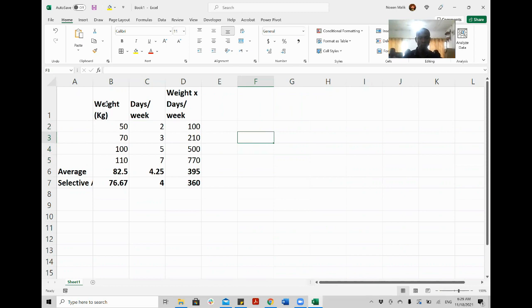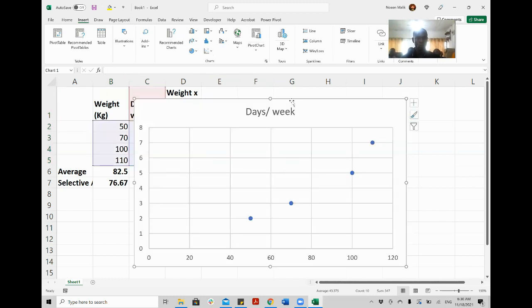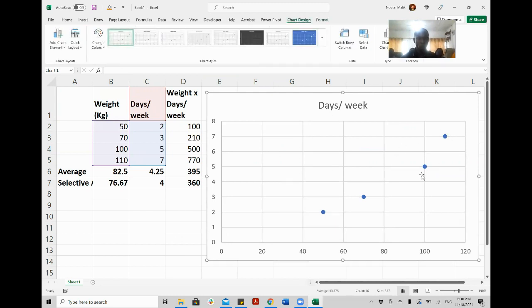So let's make a chart. First you need to select your data. So for example, you move your mouse on this cell and you press left click, and then you press shift. Selection is the same as in Word or PowerPoint. So shift and the arrow keys and down. Okay. Then you go to insert. For correlation, you always go to scatter charts. So I will go to the scatter chart, and the scatter chart is here. You see that it is also increasing, the correlation.